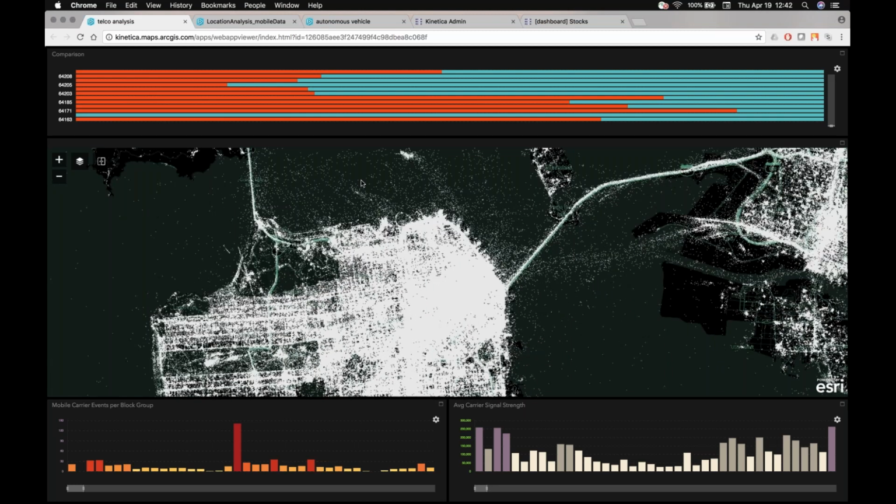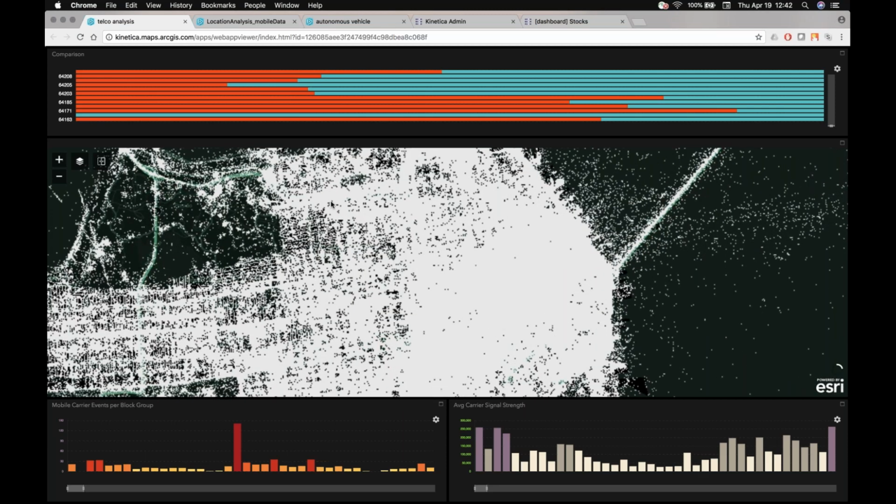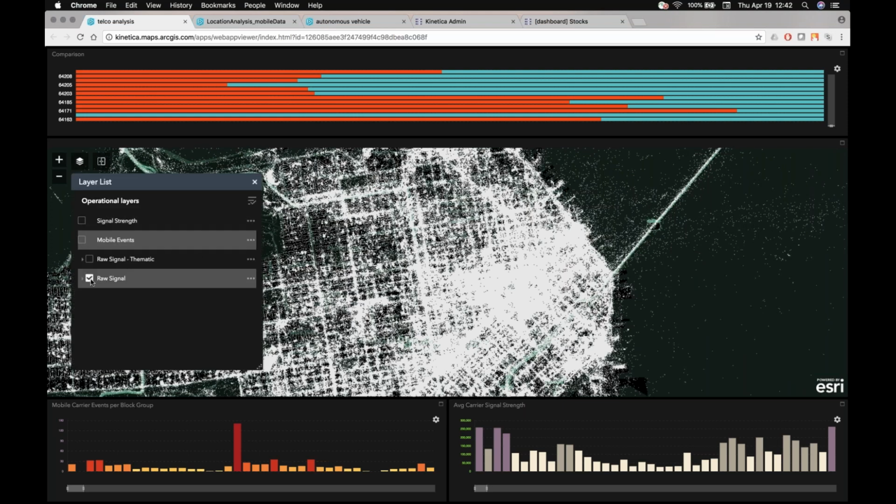By looking at this, you're probably thinking the same thing that I am: that's a lot of information. It's very noisy. There's probably some corrections that need to happen. But I can't really tell anything beyond where big blobs and messes of data are occurring. When you look at the geospatial and visualization capabilities of what Kinetica offers, we have a couple different options and different ways to analyze this data. My fundamental goal, as someone trying to make sense of it, is how do I take the complexity of this data, the volume, the locations, and the underlying attribution about all these mobile signal events, and turn that into something useful